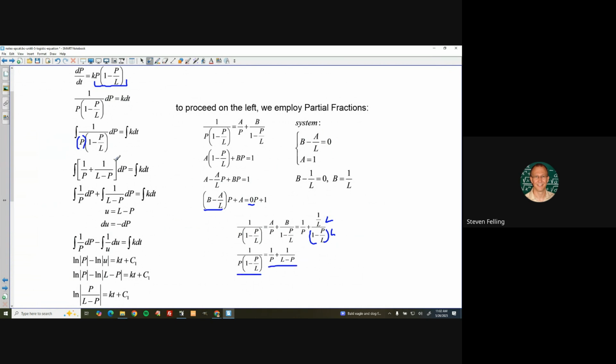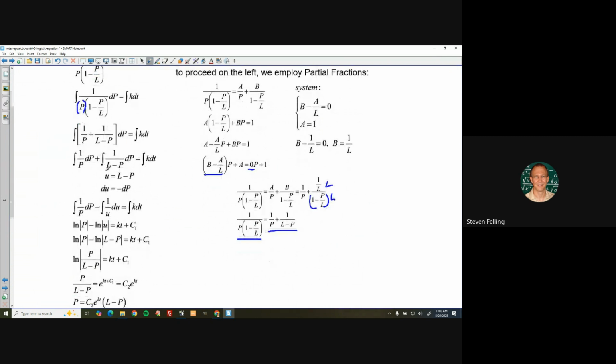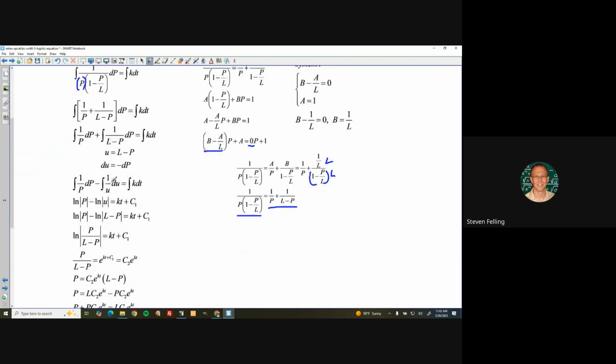So in the integral over here, we can replace this integrand with 1 over P plus 1 over L minus P, split that into two integrals, and then do a u substitution on this one to get that this is u is negative dp. So then this ends up being 1 over P dp, the integral, and the integral of 1 over u du, and the integral of k dt over here. So this becomes the natural log of P. This is minus the natural log of u, which is L minus P, equals kt plus an integration constant we'll